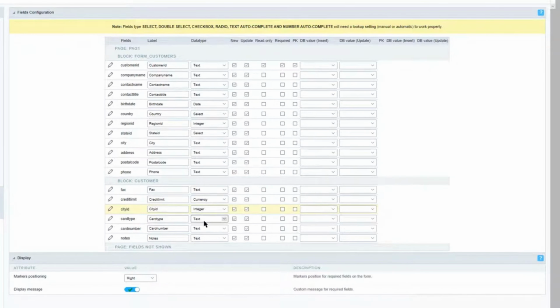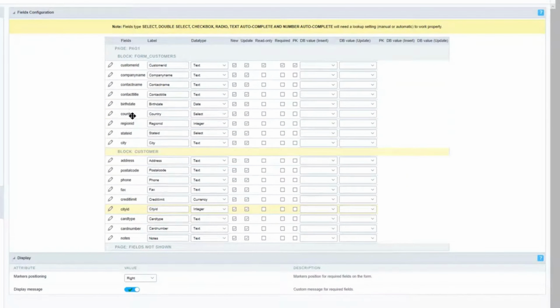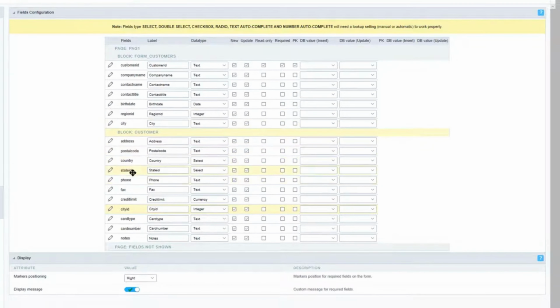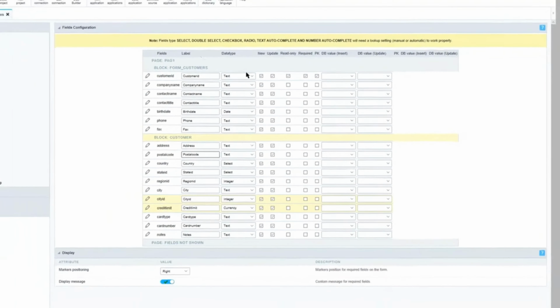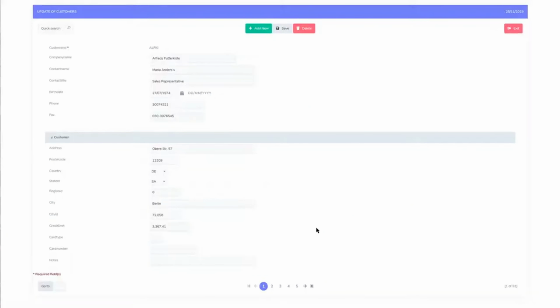If I go ahead and place some of the fields into the new block and adjust the block for the customer information, and I can also adjust some of the fields around so that the block and fields available make a little more sense. And then when I'm ready, I can go ahead and run the form again. And you can now see the block with the relevant fields and the settings defined, which allow for opening and also closing of the block element.